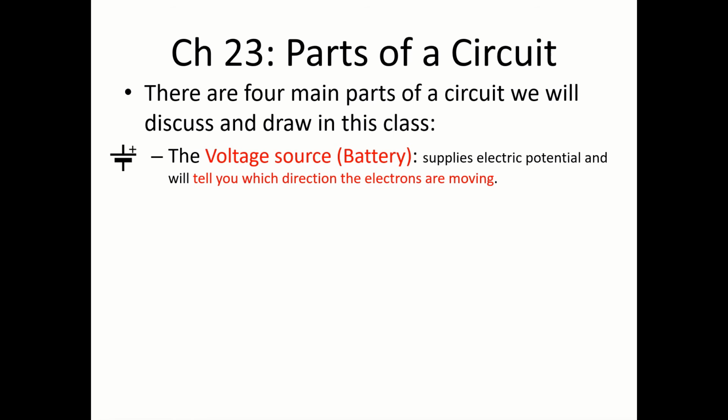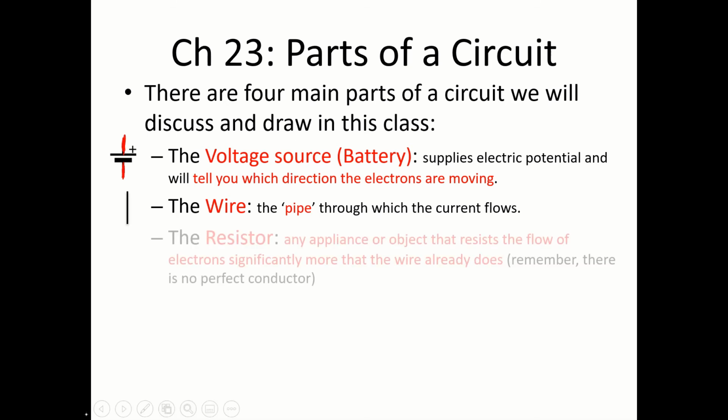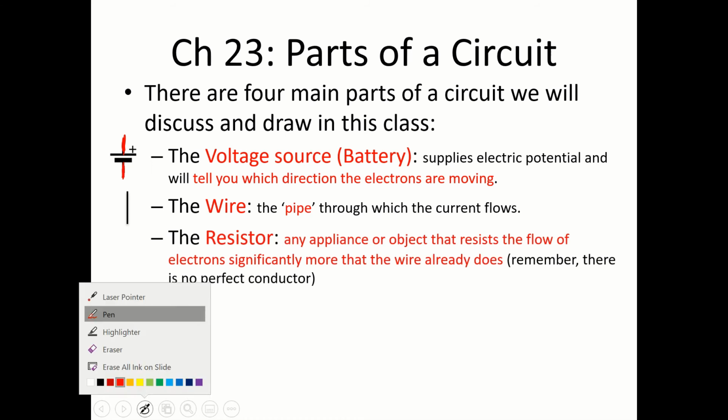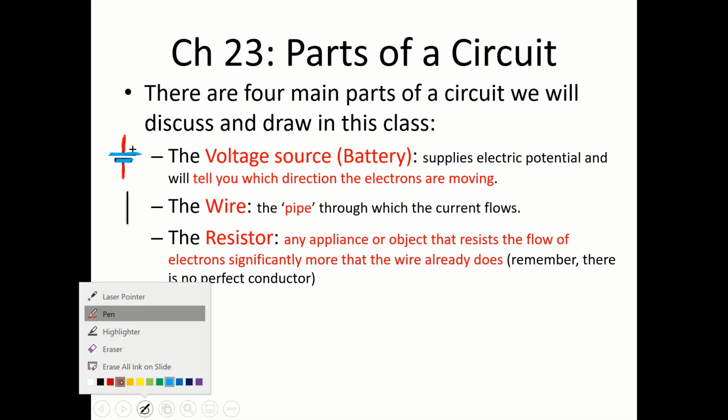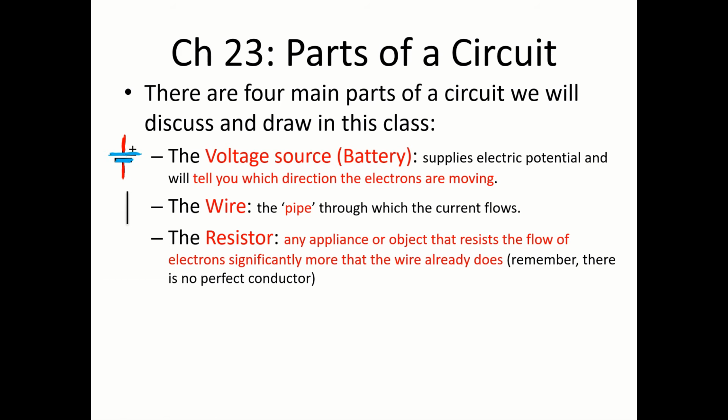The wires that connect all of our electrical components, the pipe that the electrons are traveling through, are represented right here on the battery. And you'll notice the battery, let me see if I can get that thing to pop up down here at the bottom. There it was. Let me change my color. This piece right here, the short line and then the longer line, represent the 2 terminals of your battery. I've made those blue. The 2 terminals of your battery, the positive end of your battery and the negative end of your battery,